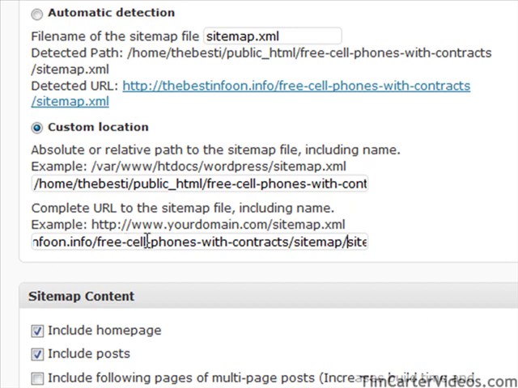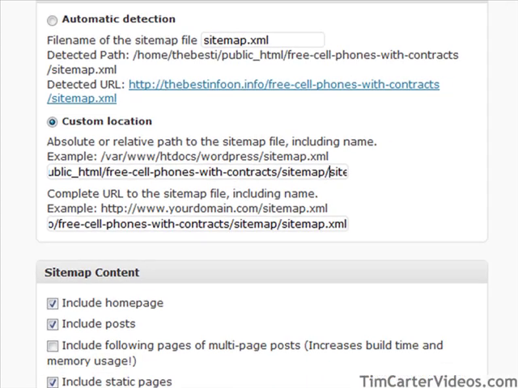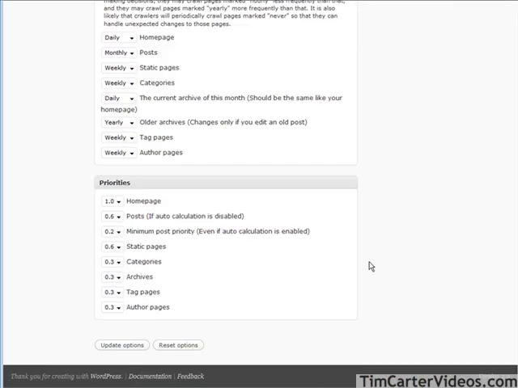Okay, so we have cell phones with contract slash sitemap/sitemap.xml. We need to do the same thing in here as well. Sitemap slash sitemap.xml. Now what we need to do is just go to the bottom, click Update Options,